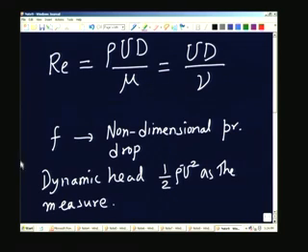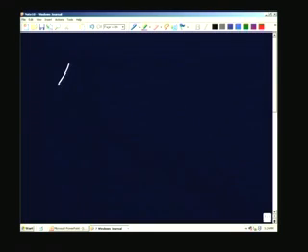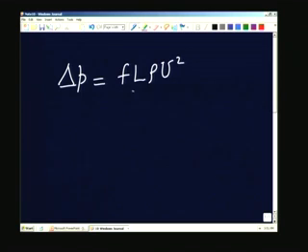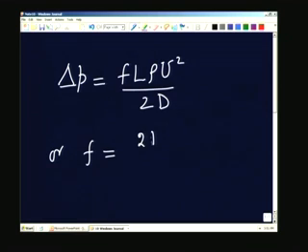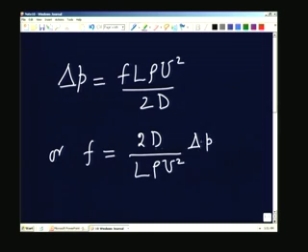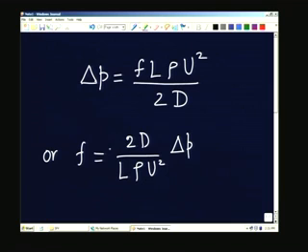So, with this basic idea, I will say that delta P is equal to f L rho u squared divided by 2d, or I can write the friction factor as f is equal to 2d by L rho u squared into delta P. And notice that